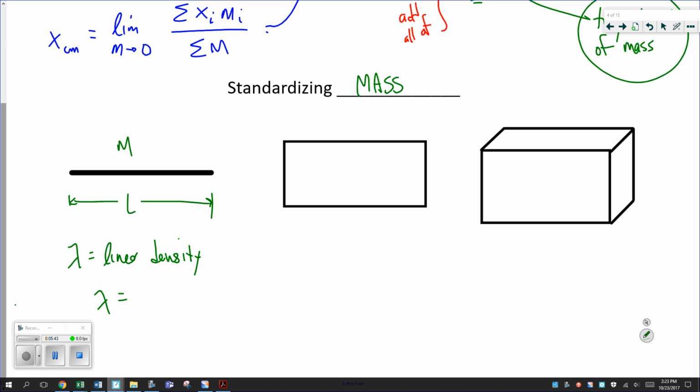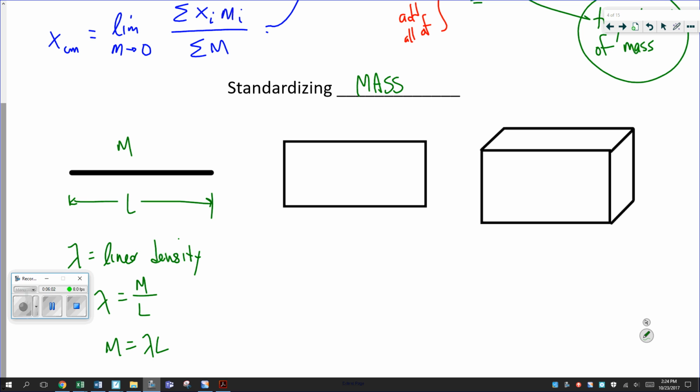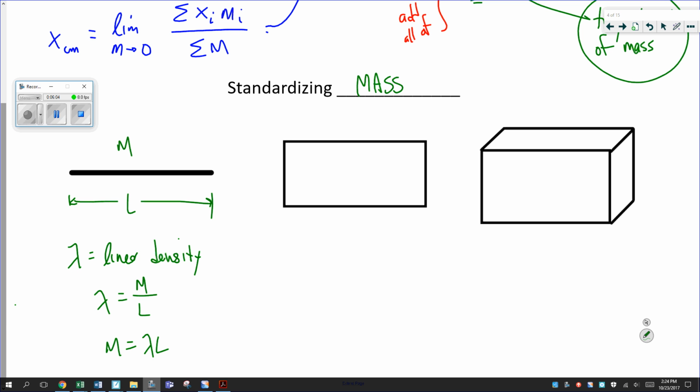Linear density by definition is mass per unit length. And therefore, we can say that the mass of some object is lambda times L. And then from there, if the whole thing has a mass m, that's lambda L, then a little part of it